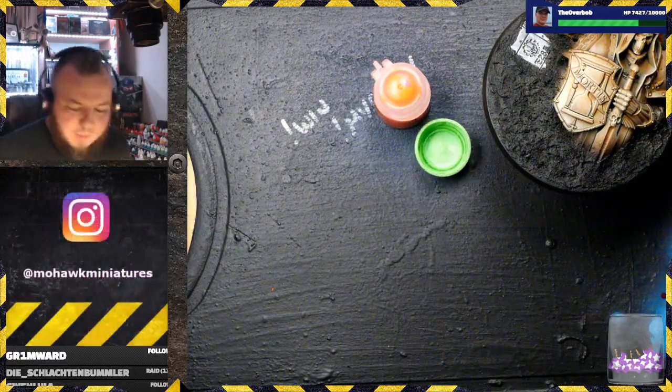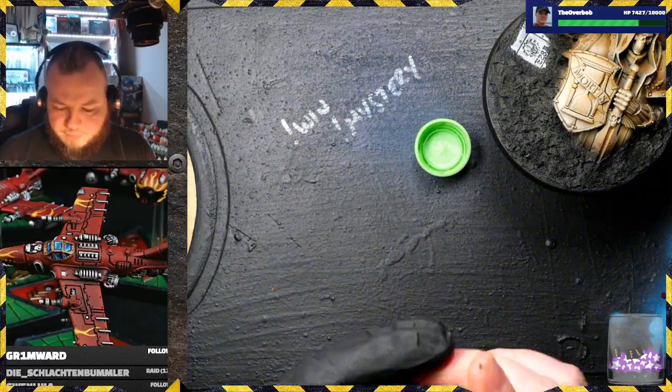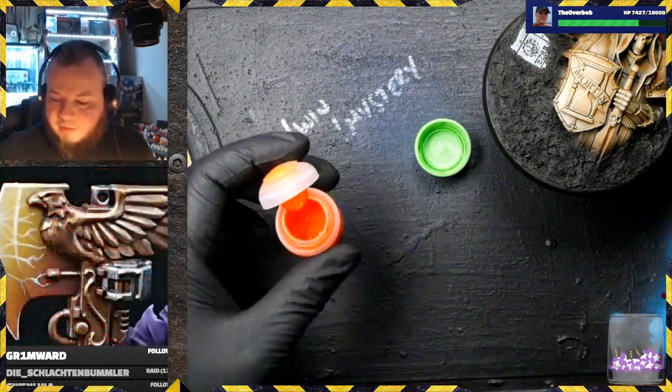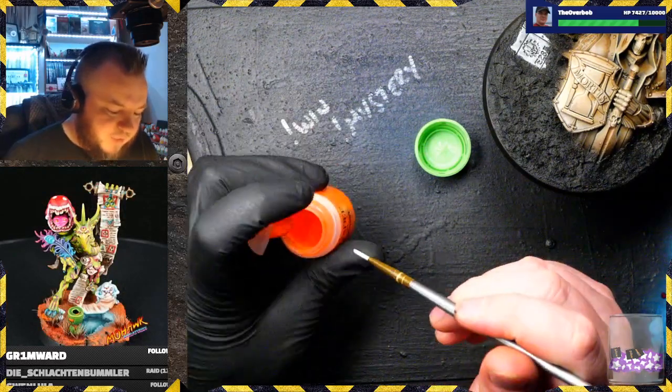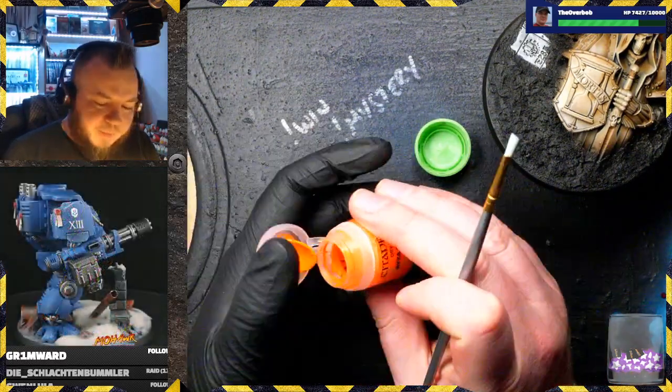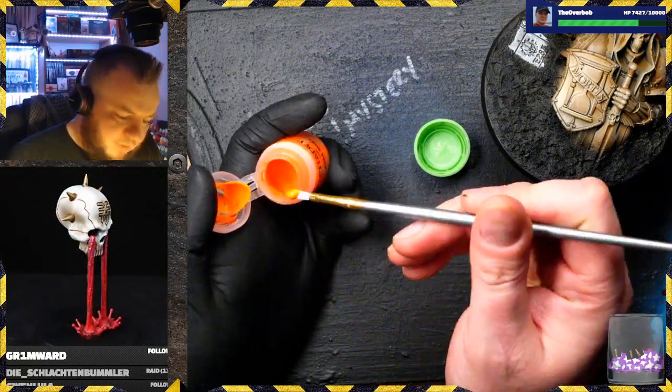I've always got some little bottle caps. I'm going to take some of this on a crap brush. So again, just keep buying shit synthetic brushes from Amazon or whatever. We don't need much because we haven't got much to cover, but basically you take a big lump of this,